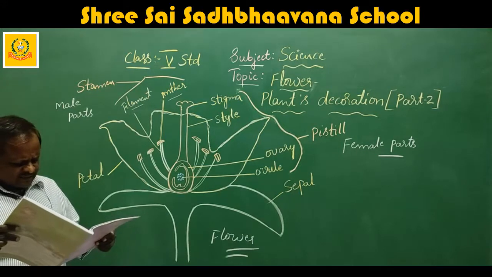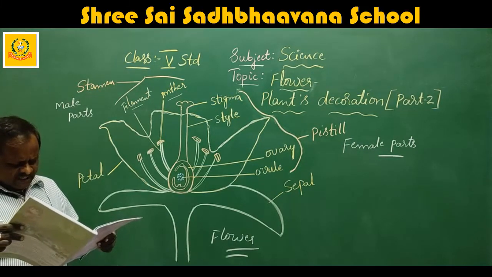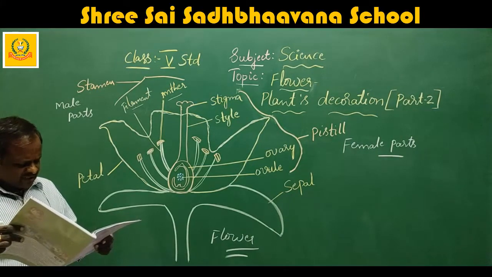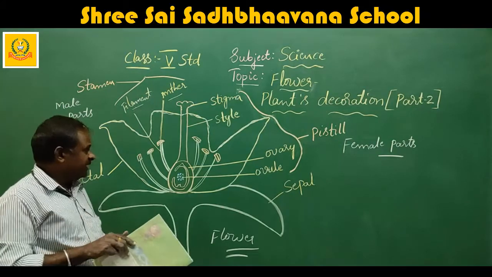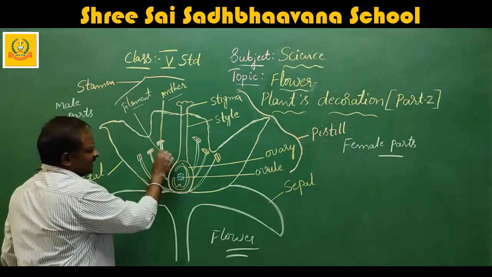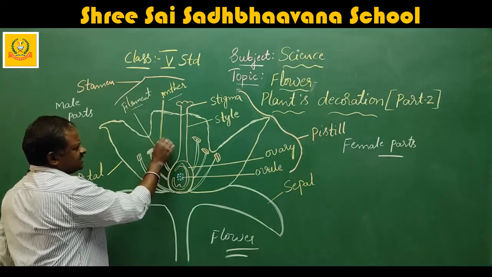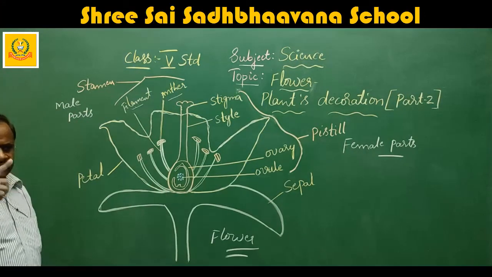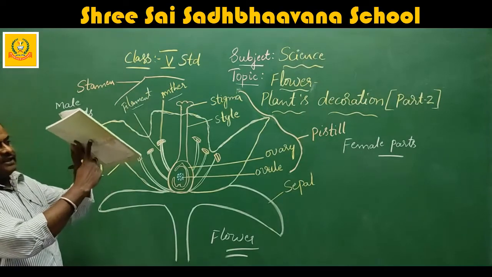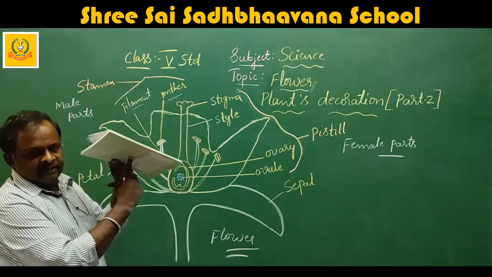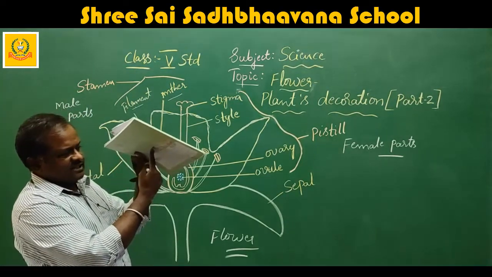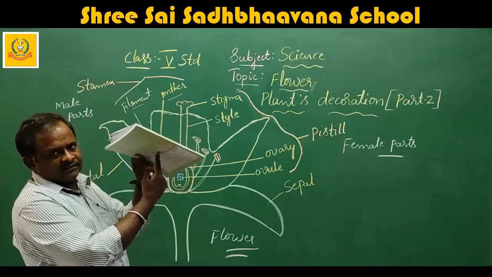Anther. This part of the stamen produces and contains pollen. It is usually on top of a long stalk that looks like a fine hair. This structure is called the anther. It's attached to a hair-like structure like this.